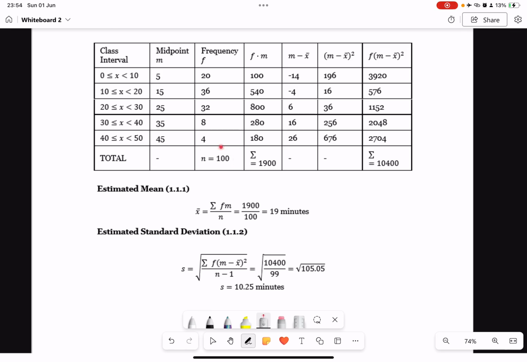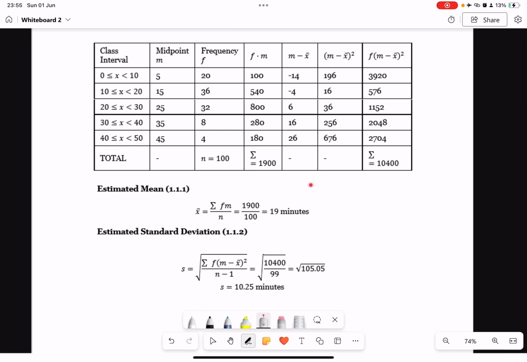And then I also have to add these here, the products between frequency and midpoint, and that gives us 1,900. So the estimated mean is the sum of the products divided by the total number of things which are there, or the total frequency, which is 1,900 divided by 100, and that gives us 19 minutes. Alrighty,